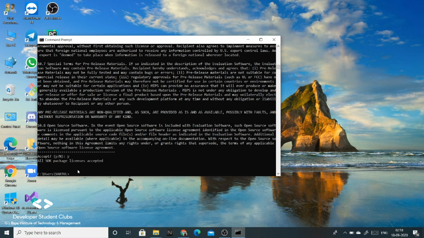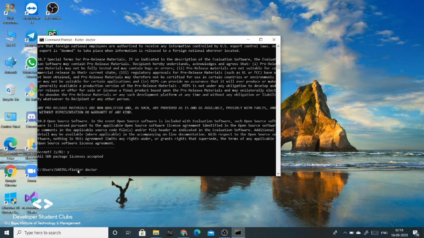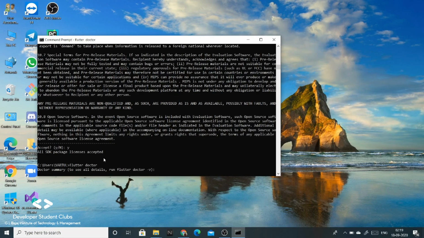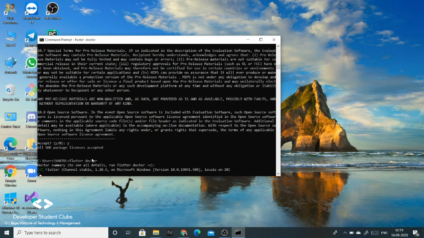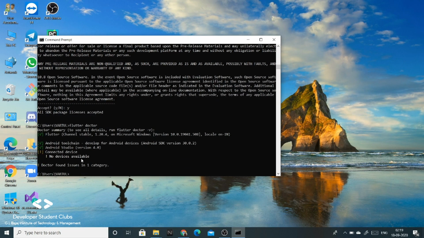Now again run the flutter doctor command. Taking time. Now we can see the connected device. Okay, that we will connect. We will not be connecting any physical device. And you might also be seeing VS Code not installed. Since we are doing this workshop in Android Studio, just make sure that all these three are tick marked. Visual Studio is not necessary for this workshop.